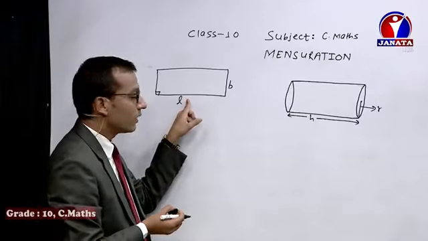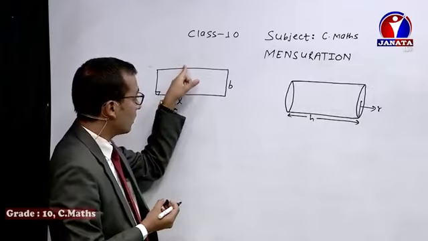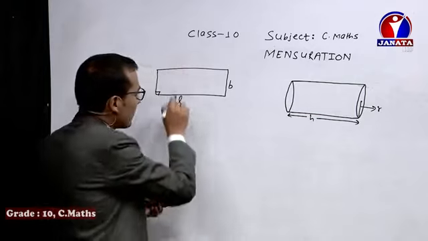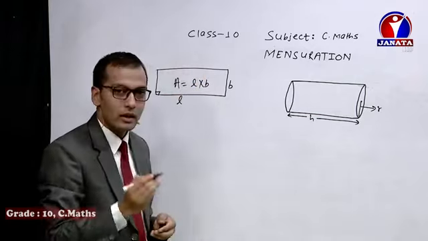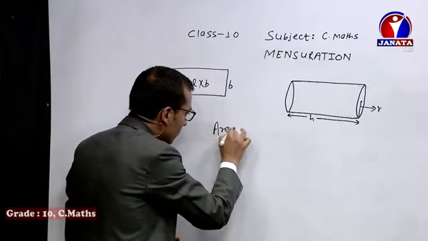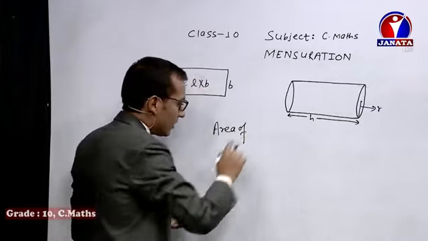One side becomes the circumference of the bottom circle, and the other side becomes the circumference of the top circle. So what is area? We know the area of this rectangular piece is length times breadth. So area of this rectangle is